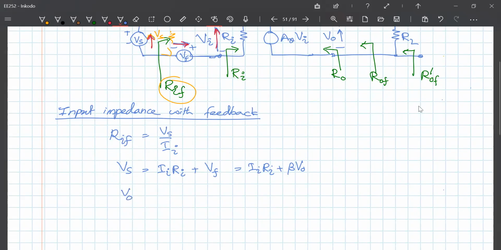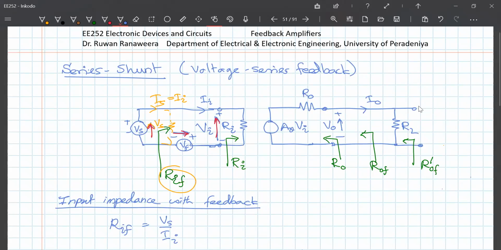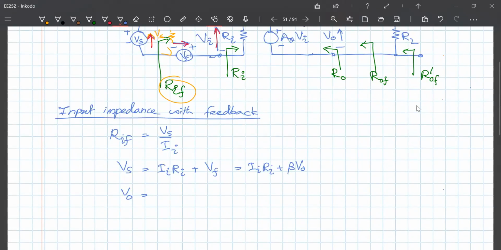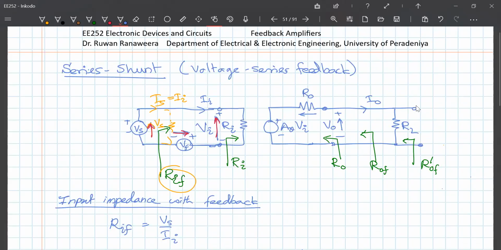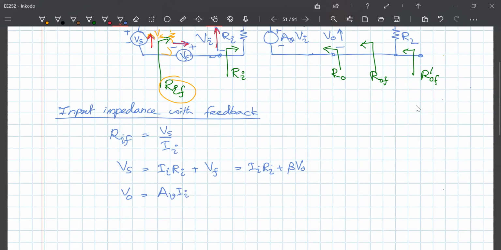So the V out I can write as, this is the output voltage, so this should be the voltage here minus any voltage across this. Okay, so that will be Av times Vi. I'm sorry, Av times Vi